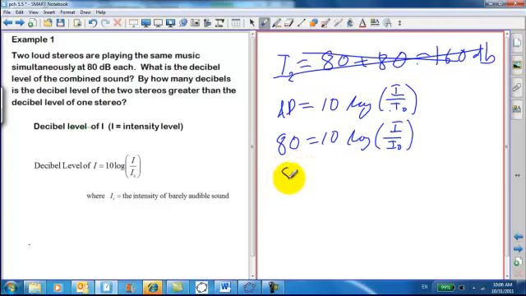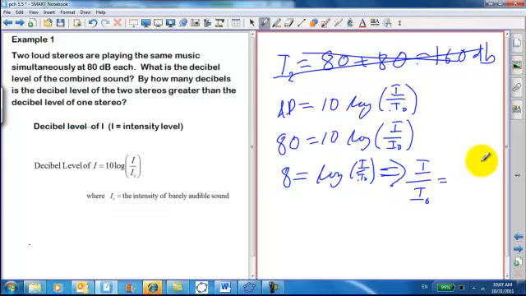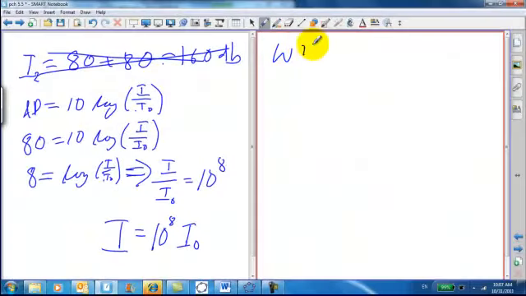we get that when we change this over to an exponential equation, we have I over I naught equals 10 to the 8th. Or the intensity of one speaker is 10 to the 8th times the intensity of barely audible sound. Now, what does this mean when we have two speakers? With two speakers, two stereos,